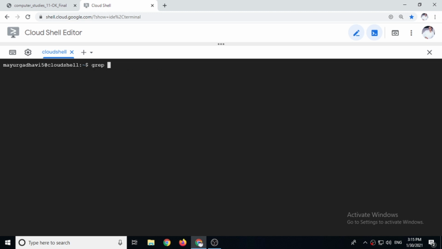Let's use the grep command. So grep, then inside quotes you have to write whatever detail you want to find out. So for example, Vidita, and there you have to include the file name also. For example, address.txt. So it will display the entire line where the word Vidita is written. So this way we can find any detail from a file.